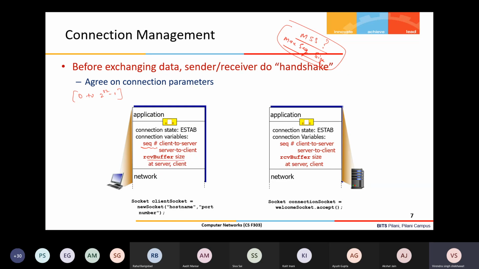This information is exchanged during connection establishment. We do this by creating the socket and attaching it to the appropriate port, and then in connection establishment these connection variables are set at both sides. Now we can say my connection is there.